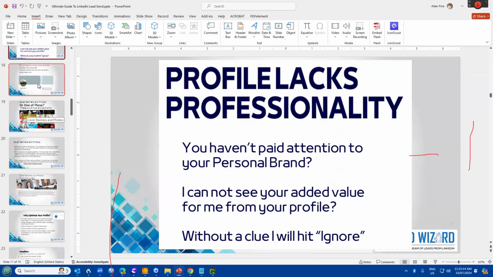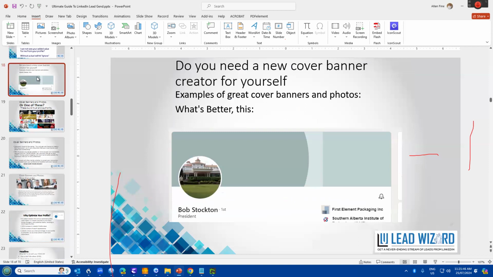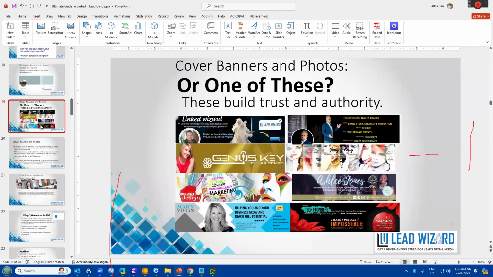So, what would you rather connect with? If someone reaches out to you and starts talking to your business, this or someone who has one of these banners over here? Your banner can be a great piece of artwork. It can impress the heck out of people. And when I came up with my Gandalf banner, I had so many people telling me it was amazing, that it was another checkbox in the